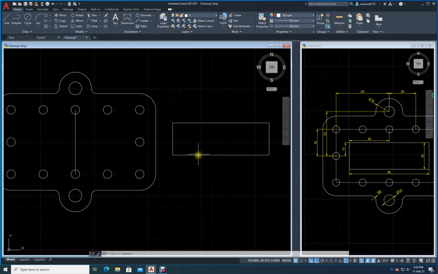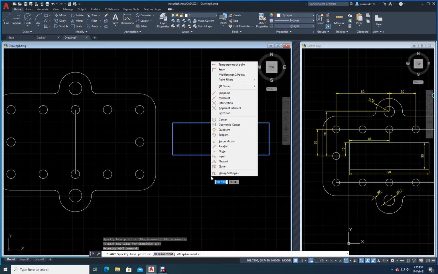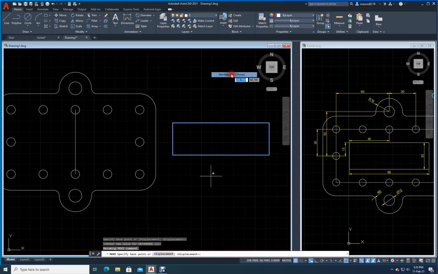Okay. Now the center of this, I can draw a line here. Catch from the midpoint, bring and put to the midpoint here. Or one more thing. Now see here, I will move it. Move command, move, select the rectangle. Okay, now enter. As soon as you enter, it is asking me the base point of displacement. What I will do, I will press the shift key. This is something new. See here, I will press the shift key. Now press the right key on your mouse. If you press the right key, you can see it is showing me mid between 2 points. I will click on this.